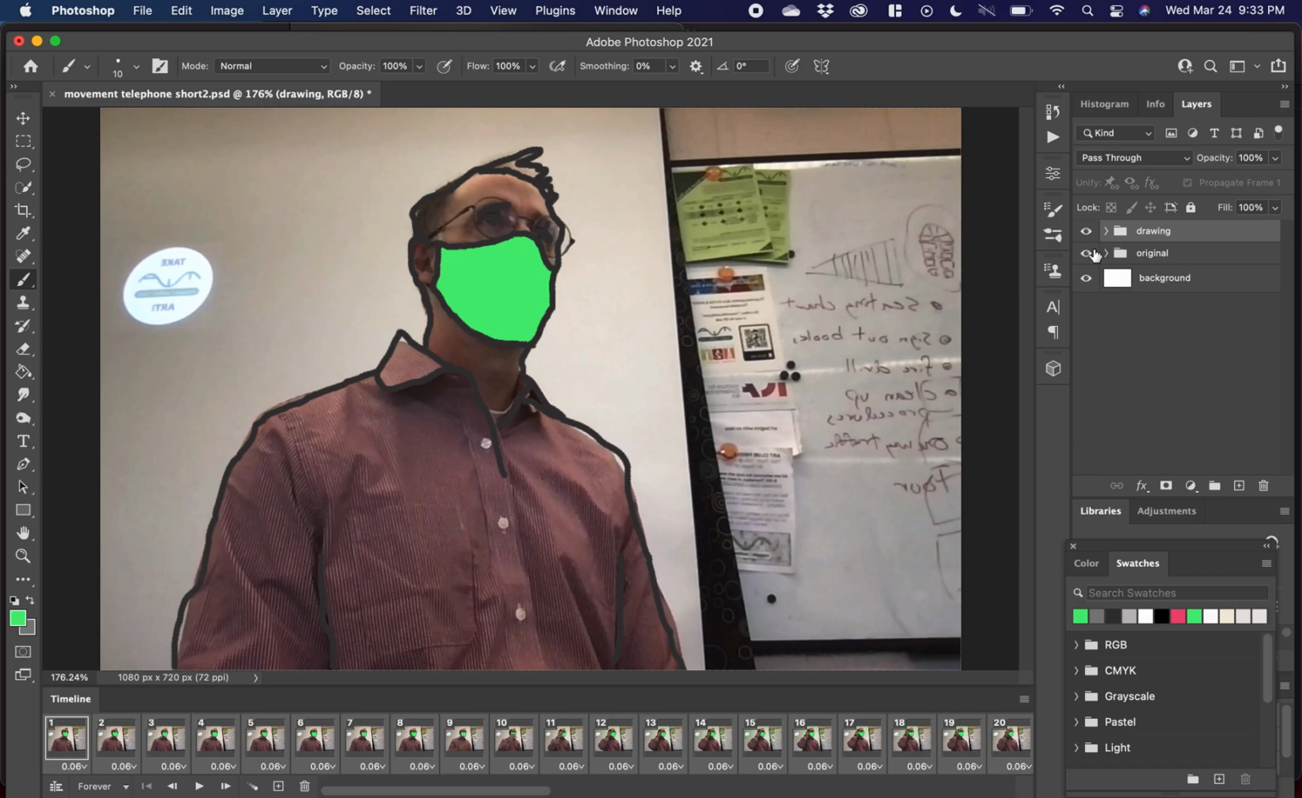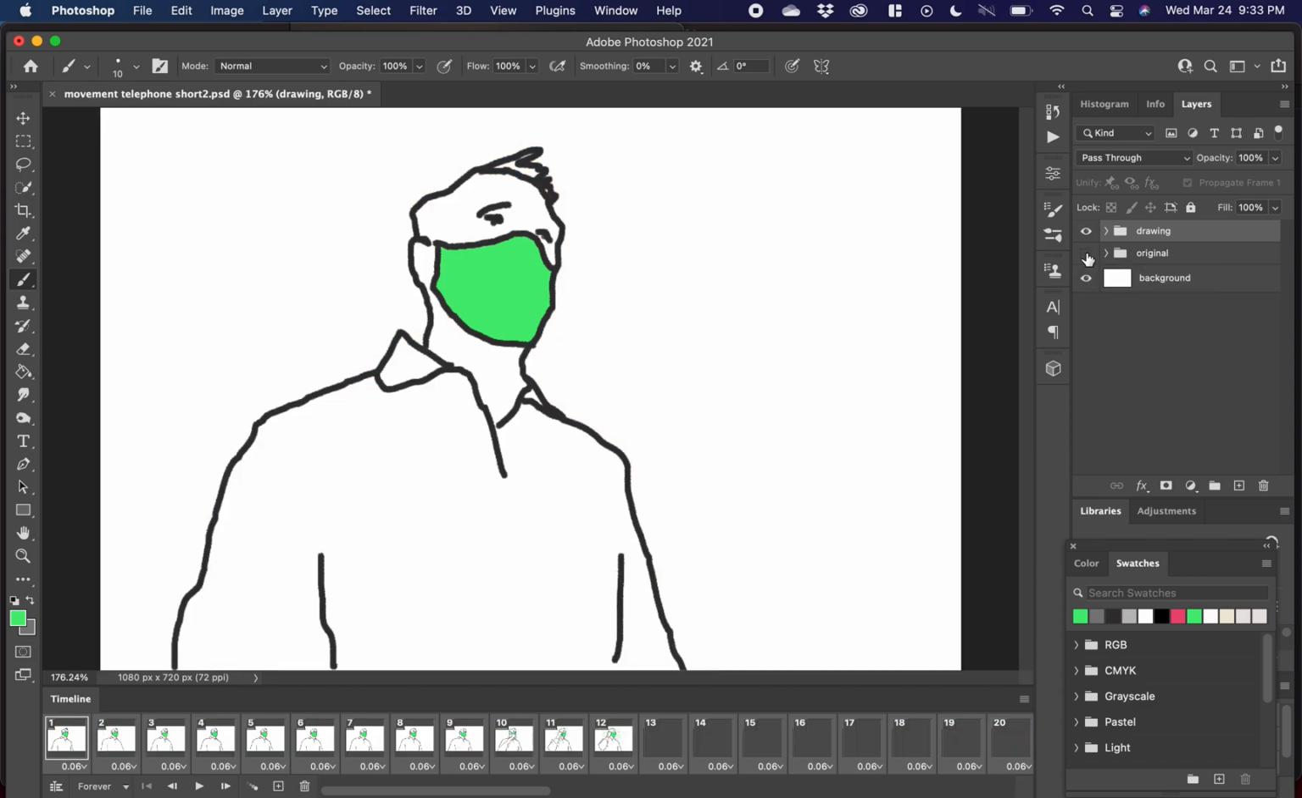Then up in our layers palette, what we're going to do is turn off the original grouping. Make sure that the drawing grouping is still there. And I like to turn the background on and off, and that way make sure it is selected for all of them. First time I did it, the background vanished for parts of it, so that was a little weird. All right, once you have that done, you have a pretty good sense of what your animation, your rotoscope, is going to look like. And so then all we have to do is go to File,